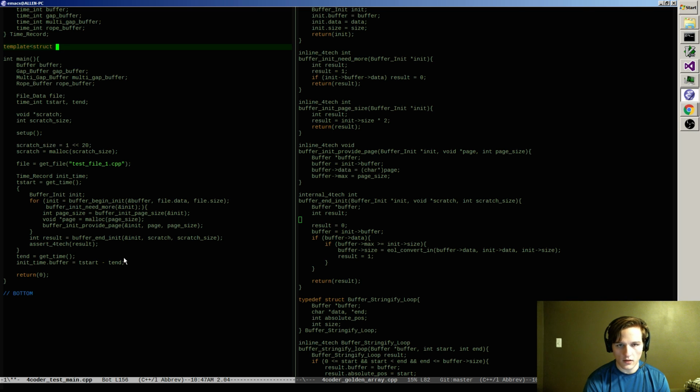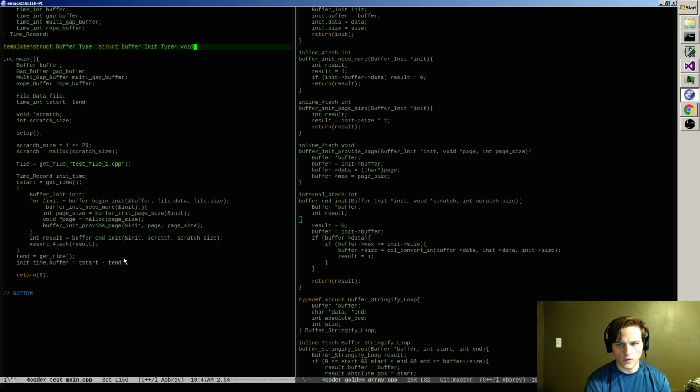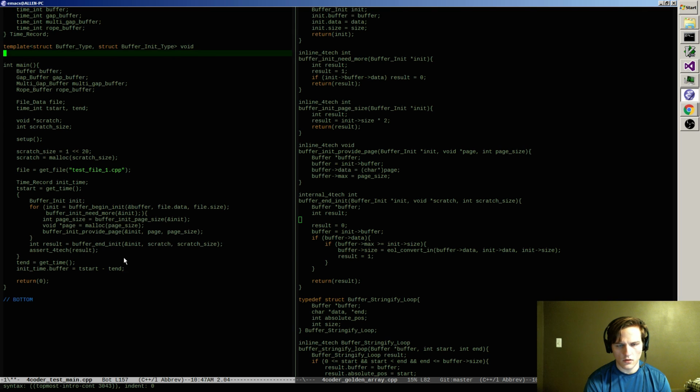So, buffer type. We'll go here. And I'll have to tell it it's a init type too. Init buffer init type, and this will be like the void init buffer.